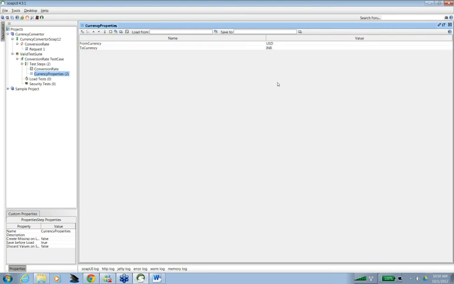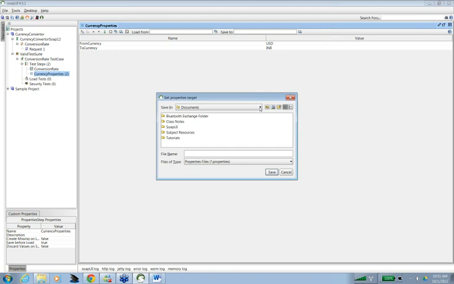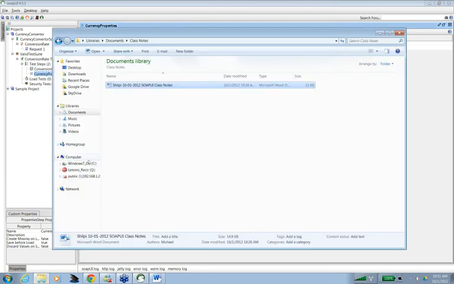Once I'm done with this, I can save these values to a file. I can just go to any of my folders and create a folder.